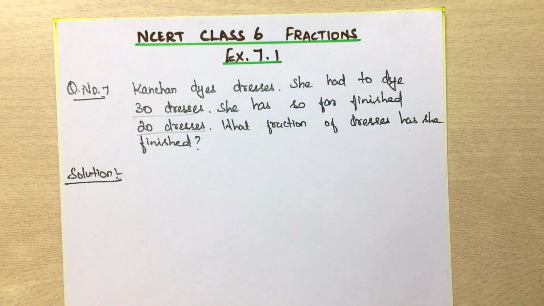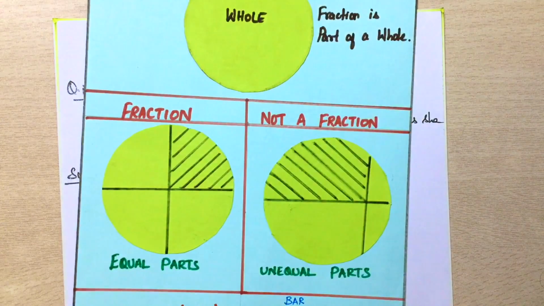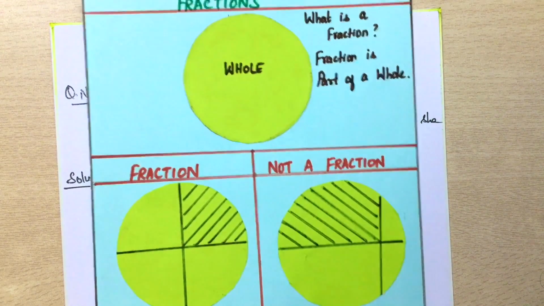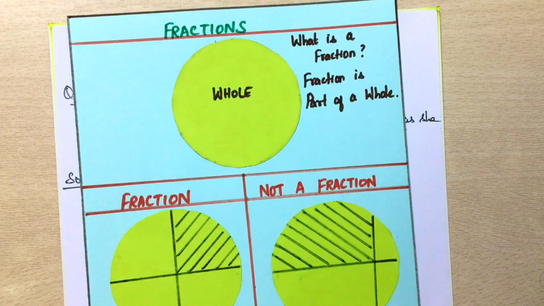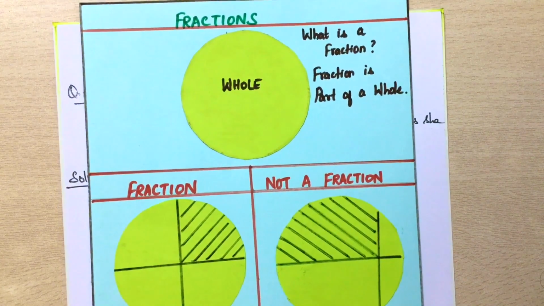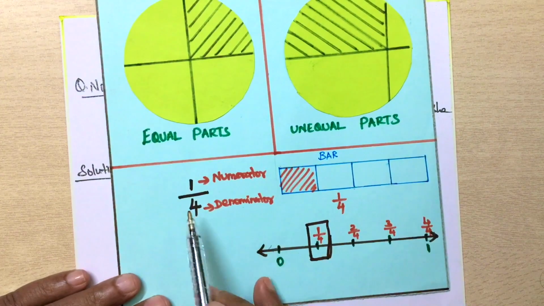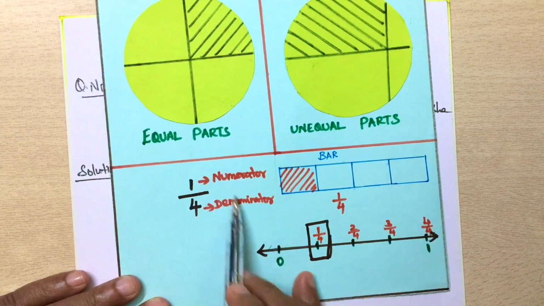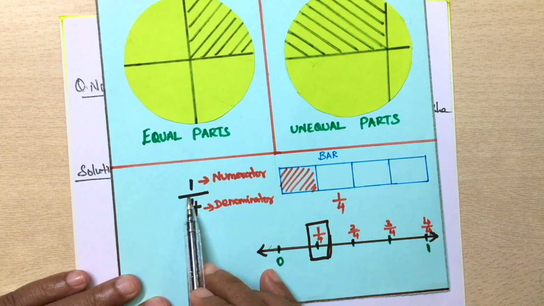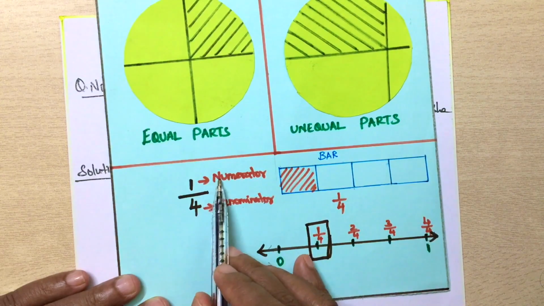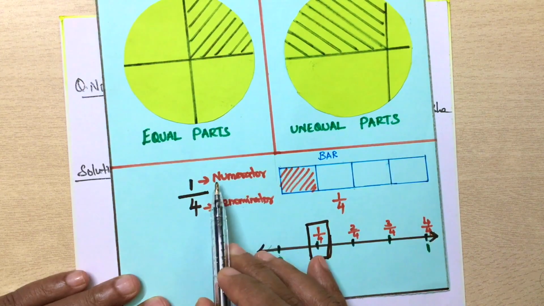Now, in my previous video, I have explained all about fractions. All the fundamentals you need to know about the fraction. Those who have not yet watched, please watch my previous video. You will get very clear understanding about this topic. Now, to represent a fraction, we need to know the total first of all. Total is always denoted in the denominator. And the numerator is what is required to find. So that is the numerator.